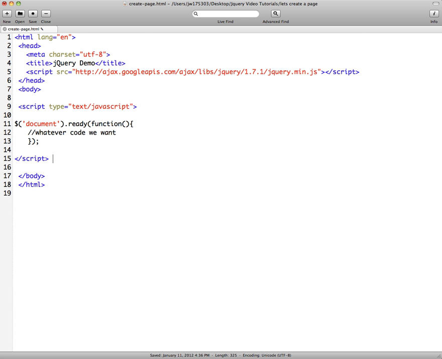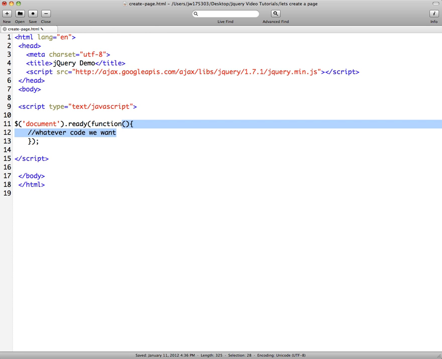So one of the good things about the document.ready event is that the script can be run as soon as the DOM hierarchy has been fully constructed. The handler passed to the .ready is guaranteed to be executed after the DOM is ready, so this is usually the best place to attach all the other event handlers and run any other jQuery code that you want to